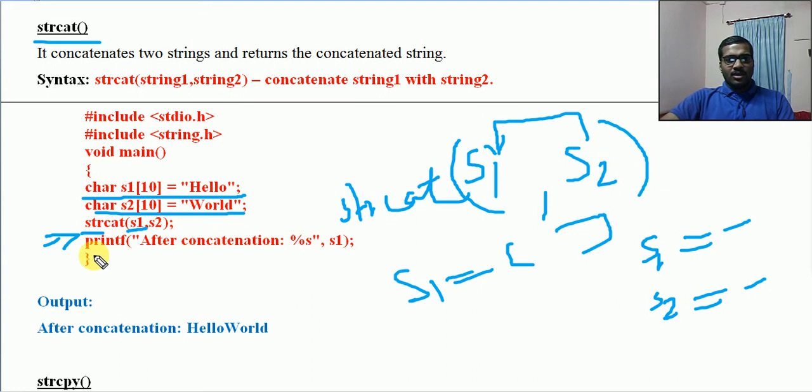After concatenation I'll be printing the value of s1, so s1 will print hello world. Hope it is clear. So this is the usage of strcat, string concatenation. That is another important predefined function used in character arrays.